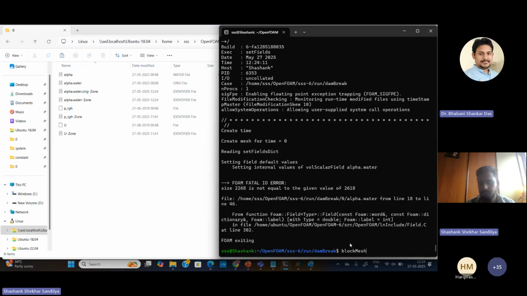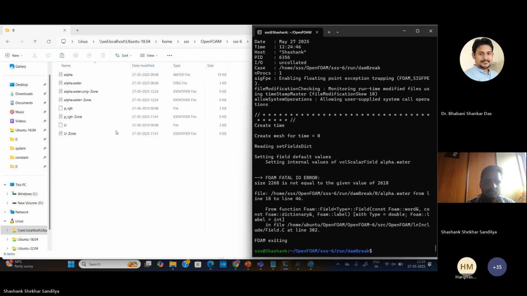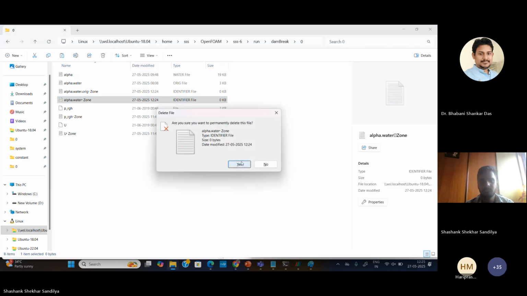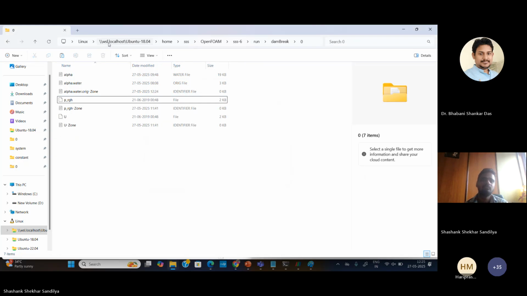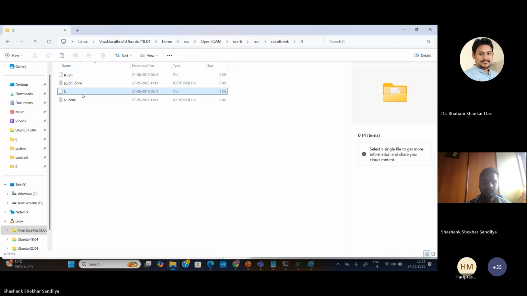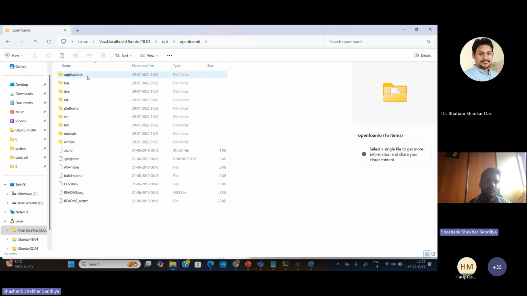As Sasank changed the mesh, therefore the set field condition also needs to be changed. Otherwise, you have to go back to the original mesh, and then the same set field condition will prevail. So anyway, if we remove this from here, we will go to the tutorial case, and from there we will take once again the